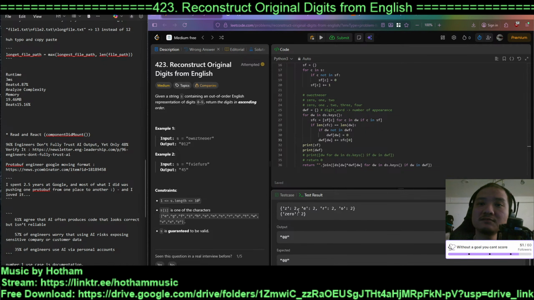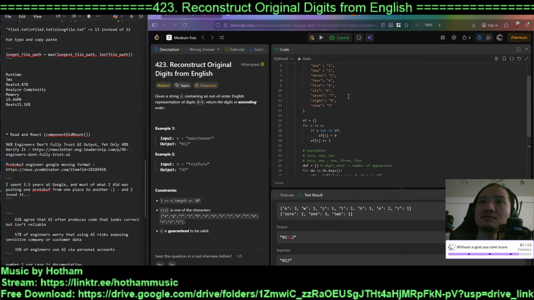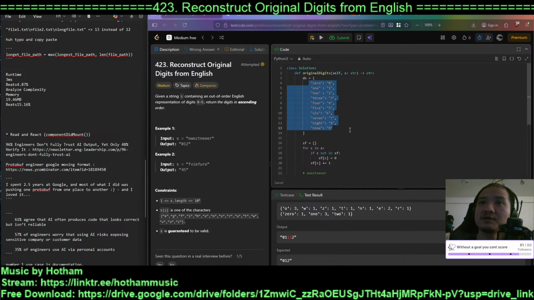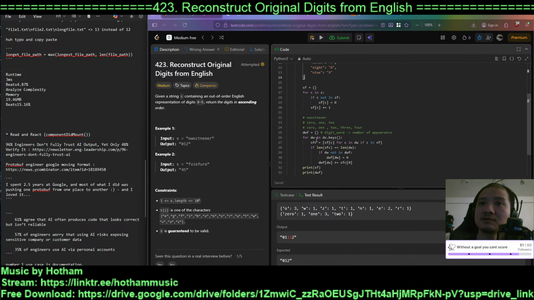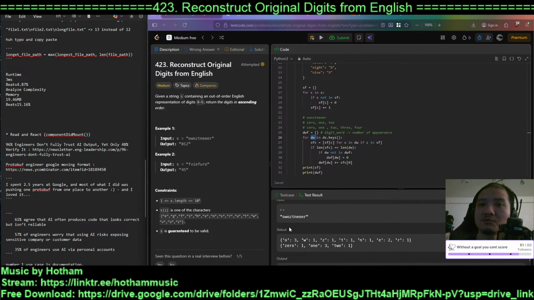Fixes this case, but it doesn't fix the other case. So let's look at our first stuff here. This is for mapping, good. And then we will ask, okay, how many ones are there, right? So you found that,